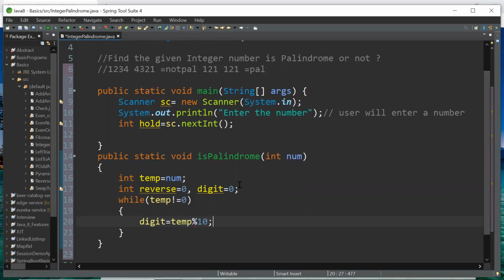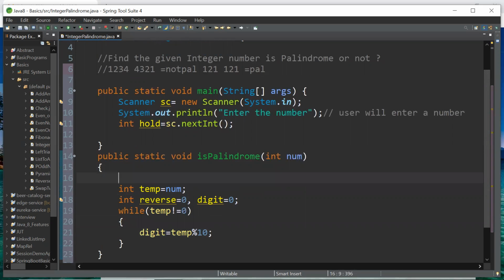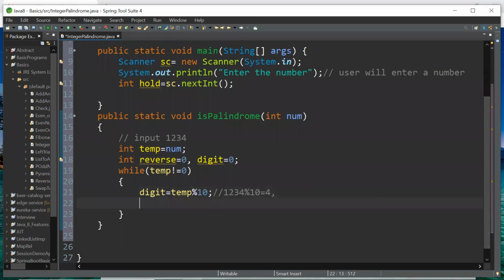Suppose the input is, for example, 1 2 3 4. It will do the modulus of 10, and I get 4 here.